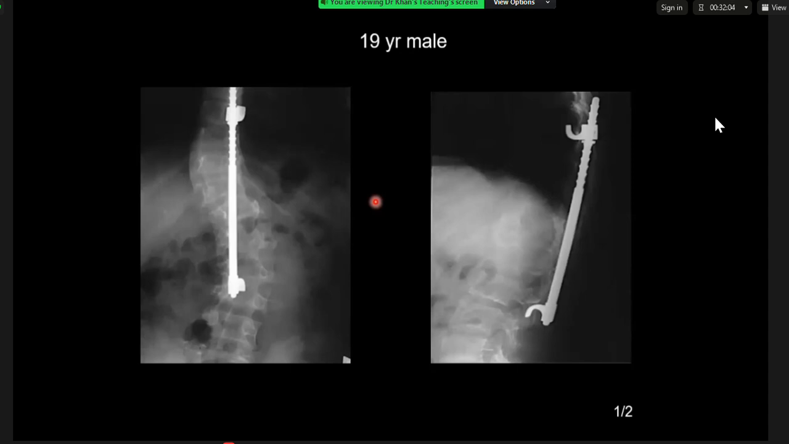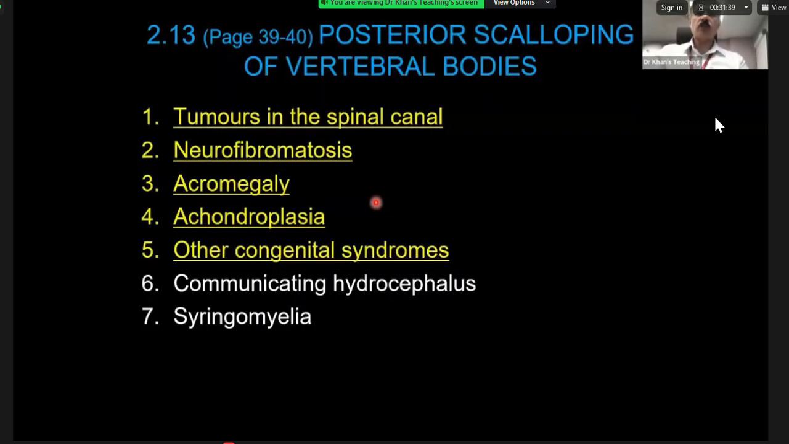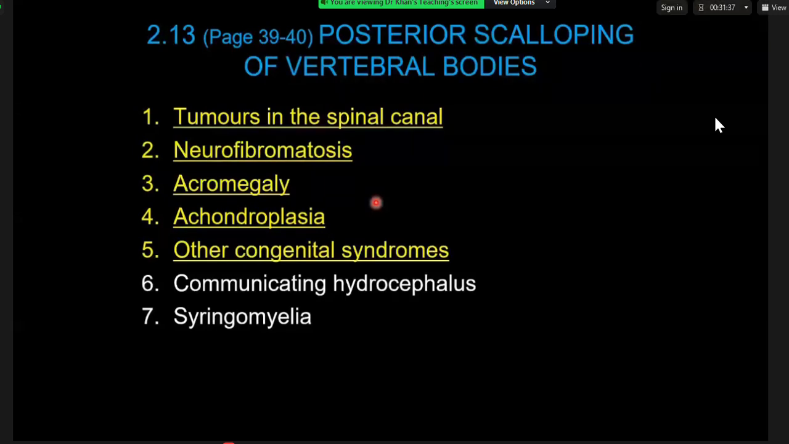These appearances would be in keeping with a chronic, possibly congenital disorder. Like what? So, the differential. Yeah, so the differentials again would include